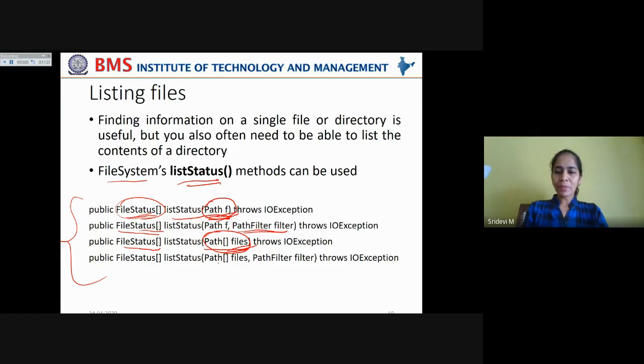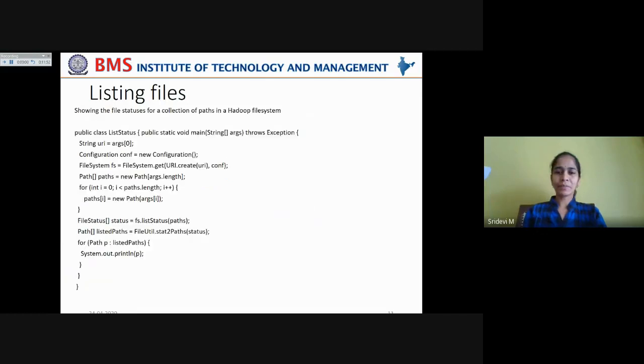And also we can specify a path filter in this case, so that whenever you want to filter certain file paths and access only specific file paths, that can be done by using the PathFilter. Again, the same thing. It will return a two-dimensional array, one indicating the file paths and the other indicating the parameters for each file path. Now, this is a small program.